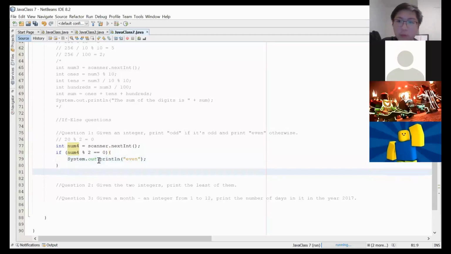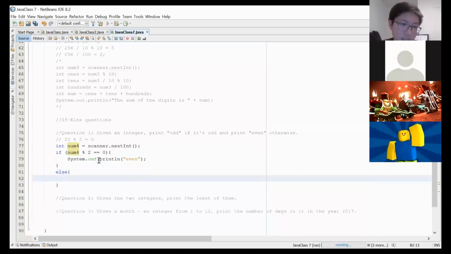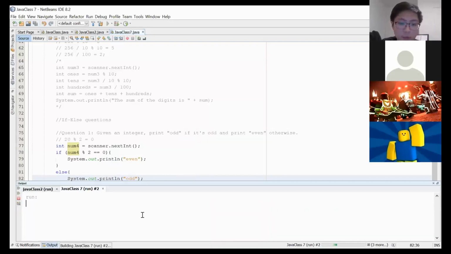So here we can do another condition. We can say if it's not equal to 0, or if it's equal to 1, but we can also just do else, because what else does is that if this is false, then it does everything in else. Because if a number is not even, then it's going to be odd. Let's run this. Even,